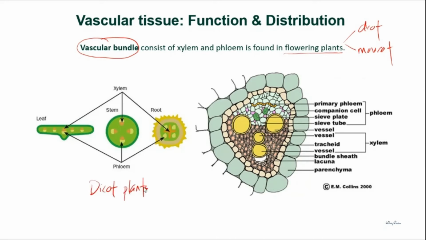But okay, we use the example of dicot plants because it's very easy to catch the idea. Okay, so a plant, as at the beginning of this chapter, we notice that plants have three main parts, which are roots, stem, and shoot, right? Shoot we always represent with the leaf. Okay, daun dia. Okay, so you can notice that xylem and phloem will be found packaged in the vascular bundle,